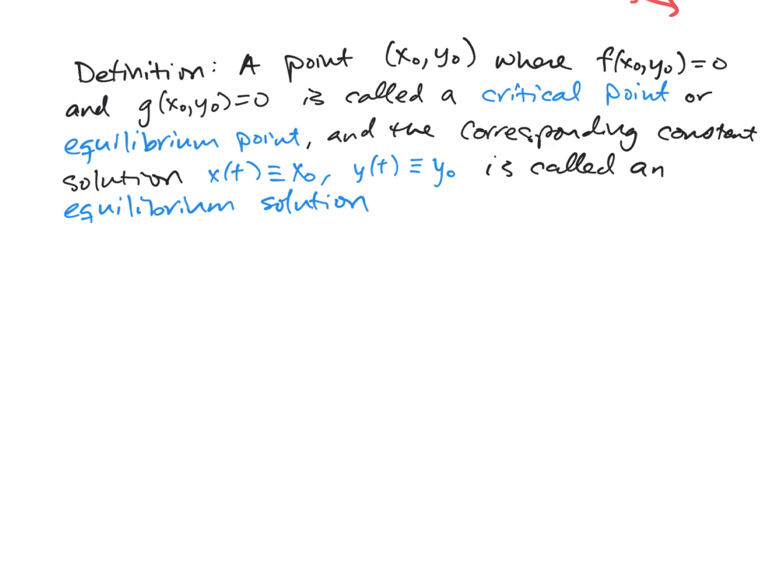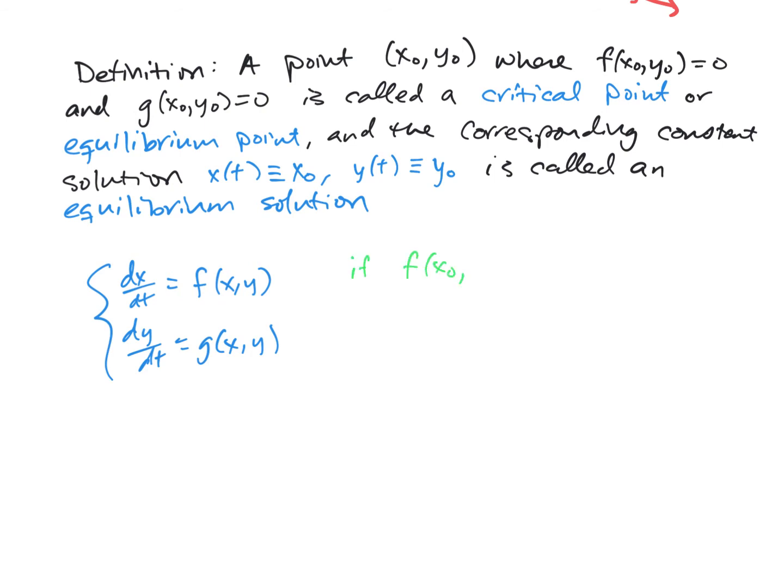And we call those critical points or equilibrium points. The reason that this makes sense is because remember our system looks like this. So if f of x0, y0 and g of x0, y0 both equal 0,